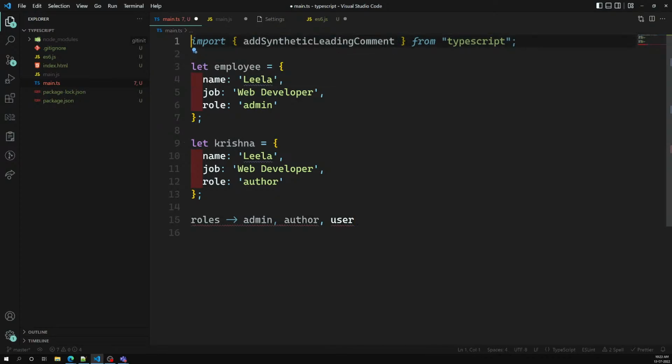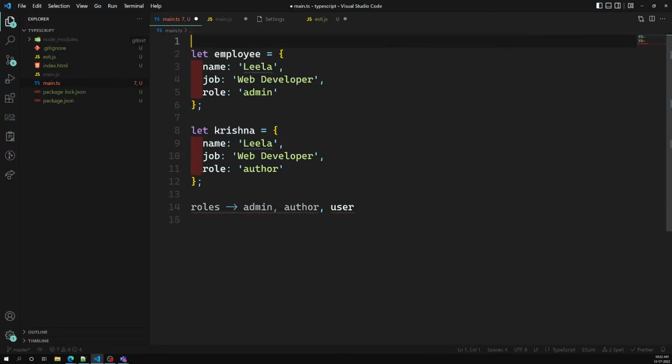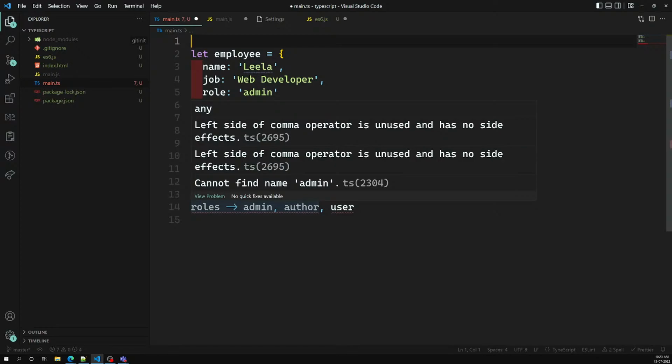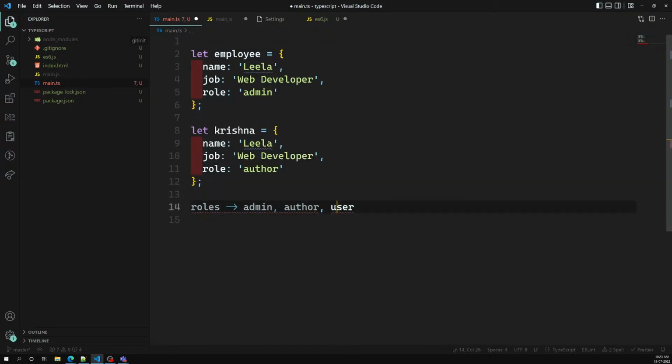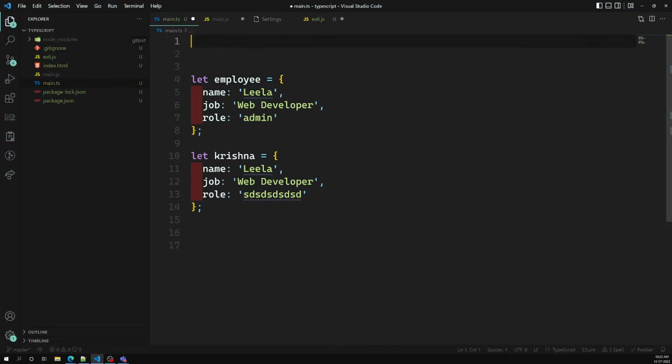So now what I want to do here, I don't want that user to add other than these three. So for example, if I want to add here something like this role, which doesn't exist, we have only three types of roles, that is nothing but admin, author, and user. When you are trying to use this one, it is normally valid, because it is also a string value. So in this scenario, enums come into place, where we can create at the top